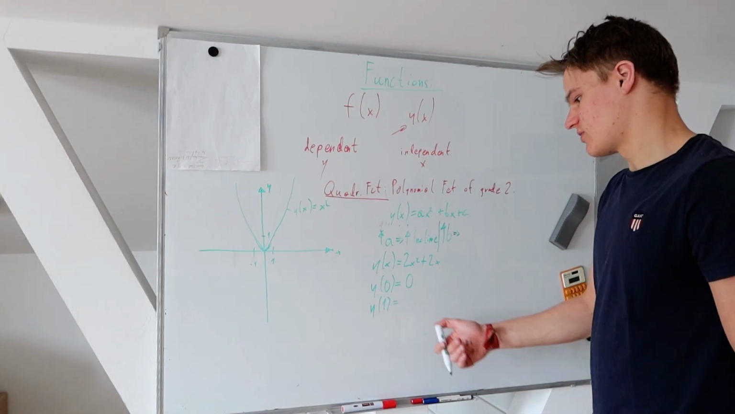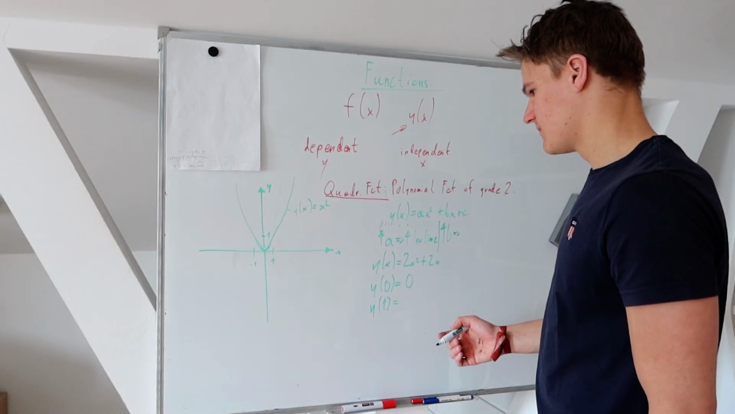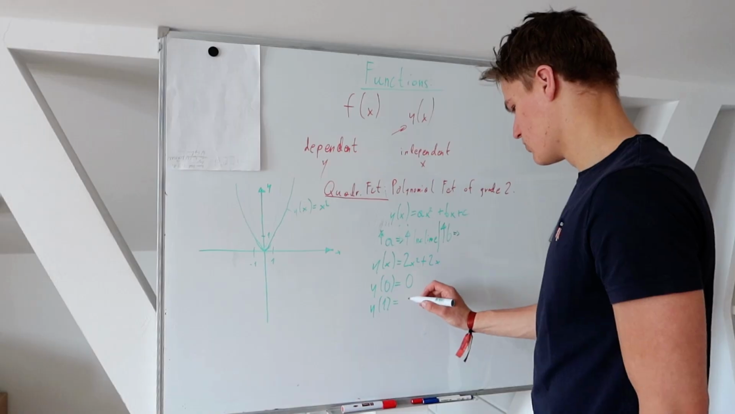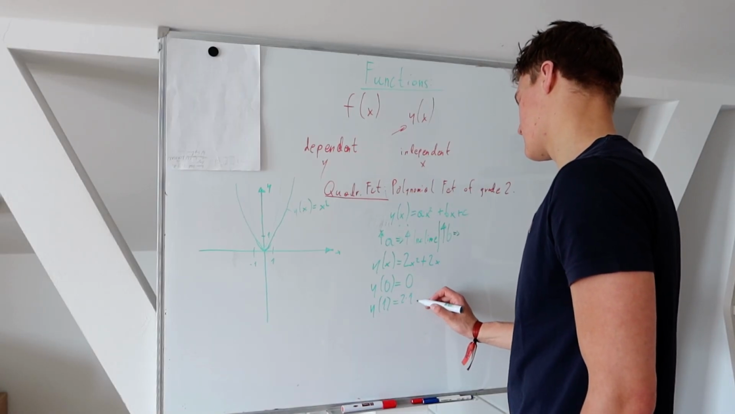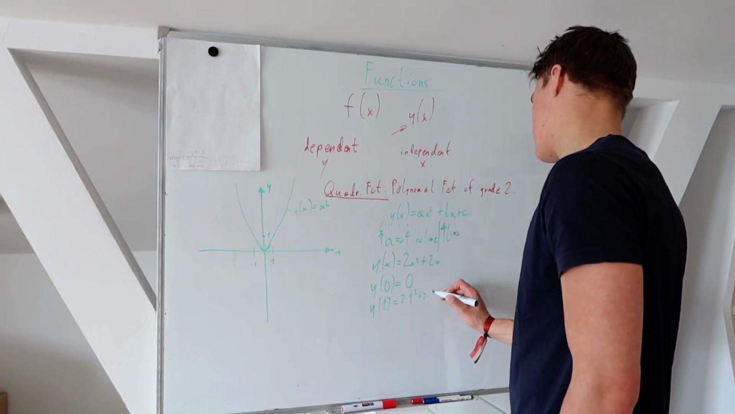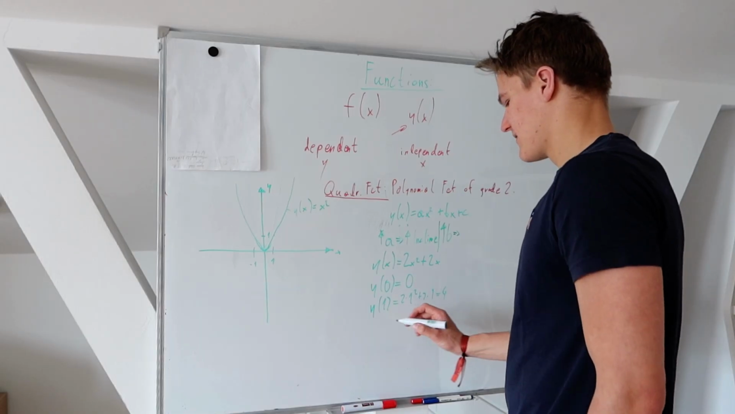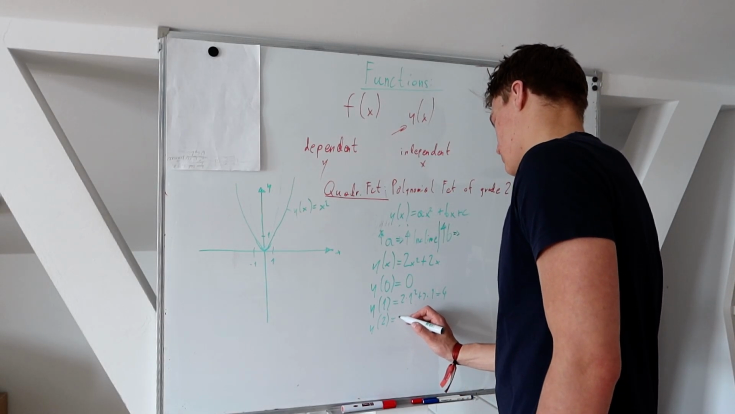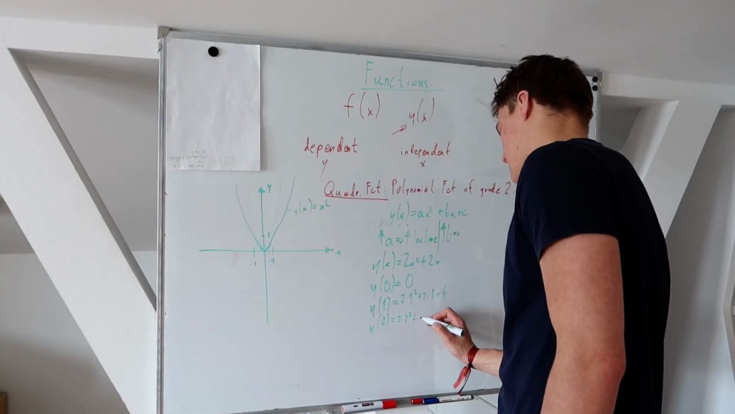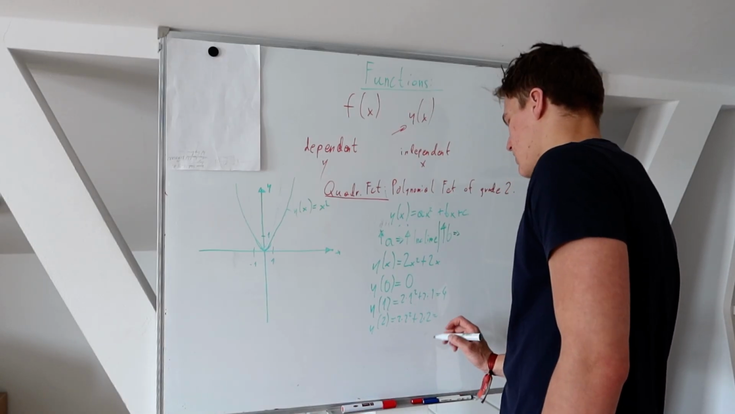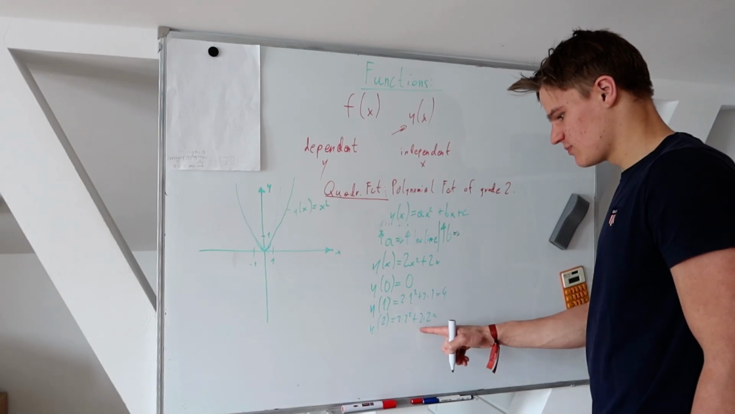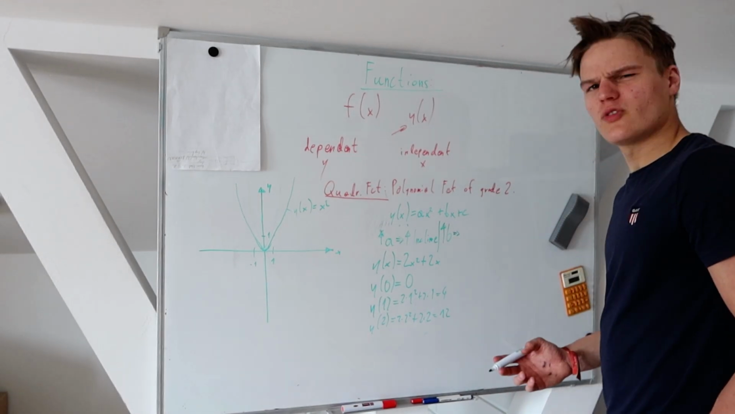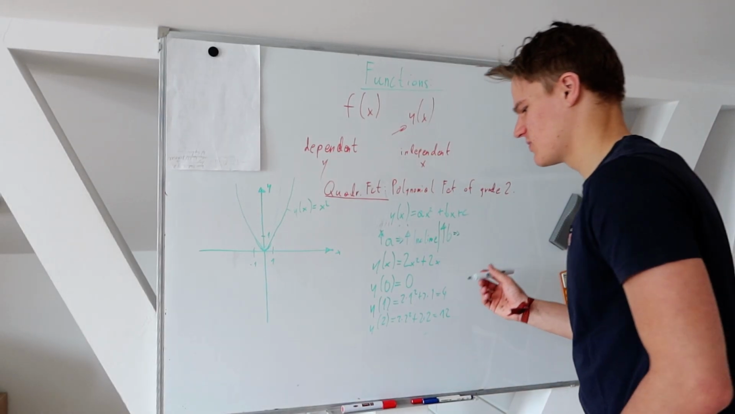What is y of 1 in our instance? Y of 1 in our instance is 2 times 1 squared plus 2 times 1, which is just 4. Y of 2 is 2 times 2 squared plus 2 times 2, which is 2 times 2 squared is 8, plus 4 is 12. Okay, so it seems that we're also kind of changing the rate of change, but let's actually have a